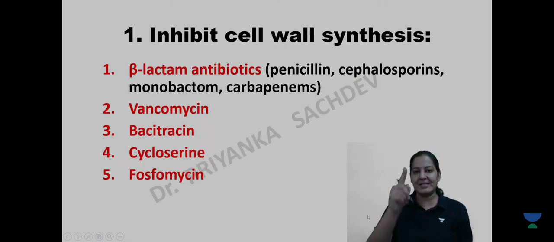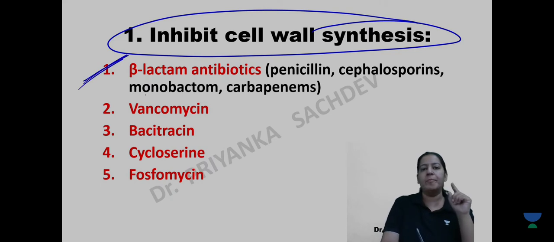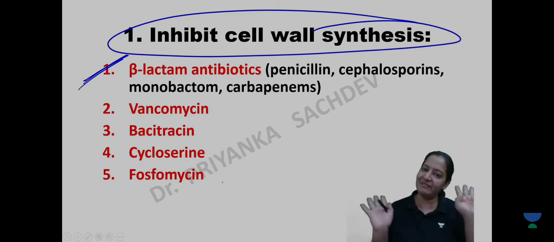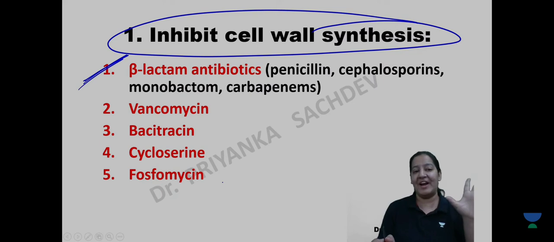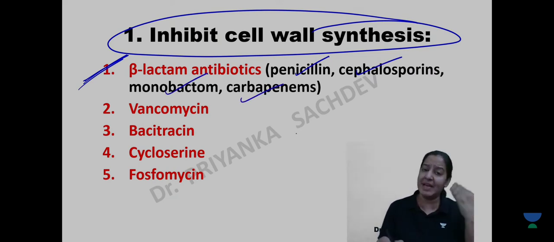So let's talk about the first category, cell wall synthesis inhibitors. There are 5 cell wall synthesis inhibitors, all beta lactams. You may know there are 4 types of beta lactams, and I will teach you all this in detail. This is just a classification. We have to study each category in detail, right? That we will study today only in the most simplified manner. The beta lactam antibiotics are penicillin, cephalosporin, monobactam, and carbapenem. These four types are beta lactams. All beta lactams act by the same mechanism. They inhibit cell wall synthesis in the bacteria.